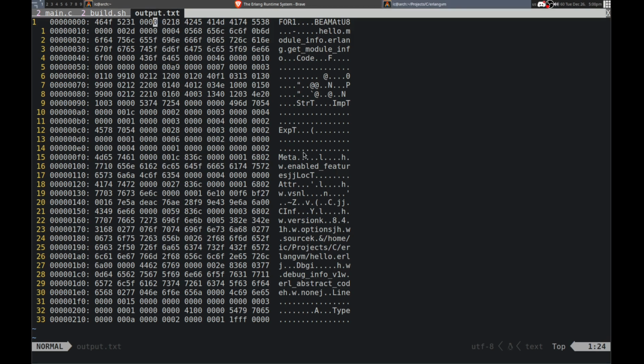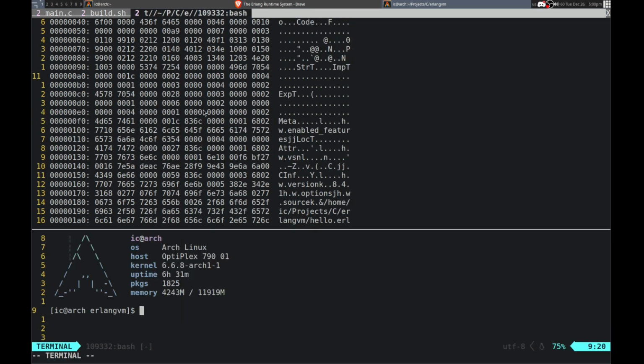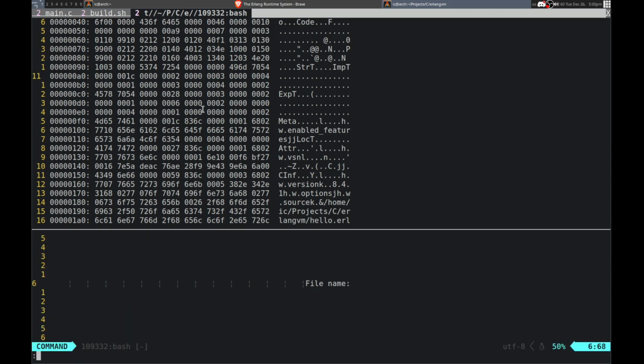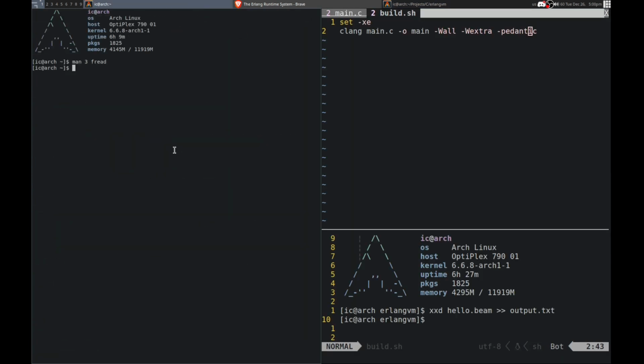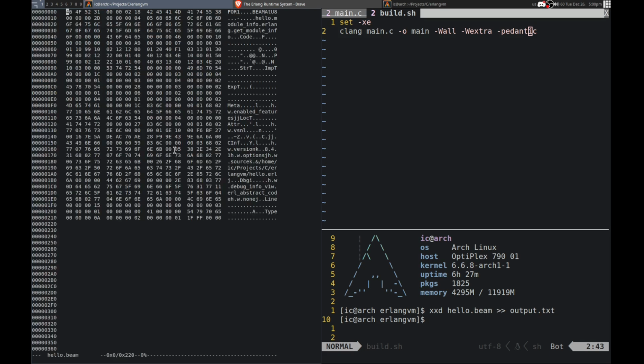But nice. Okay, so yeah, I'm trying to do this. I think I should probably use a better hex editor or something. Yeah, that's what I want to use. So let me actually quit out of this. That'd probably be better. Alright, hex edit, hello.b. There we go. So this is better then, because now I can see where I'm actually at.